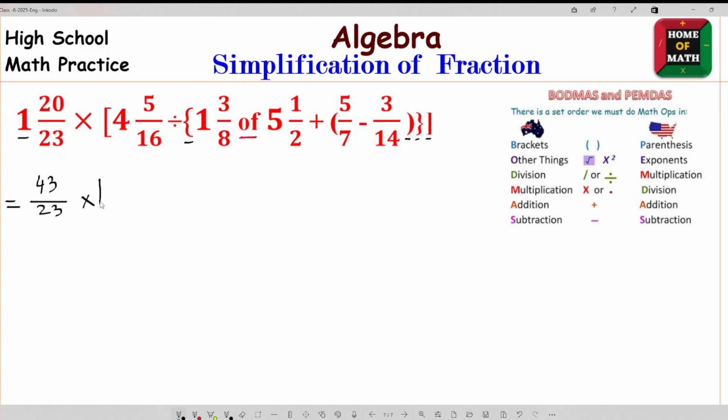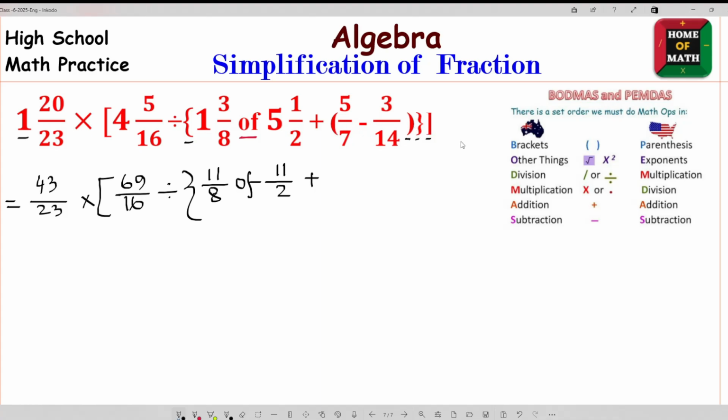Then times 4 times 16 is 64, then 69/16. Now the divide sign, second bracket start, 8 times 1 is 8 plus 3, it will be 11/8 of 10 plus 1, it will be 11/2 plus,